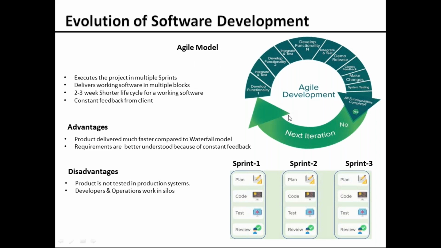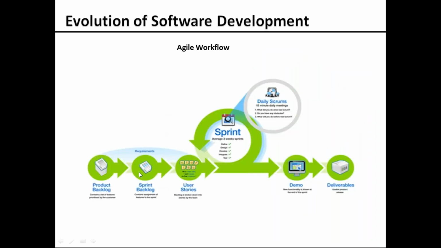So how is this being achieved? Let's see that first. This is the complete workflow of the agile model. What the client does is put all his requirements in a backlog called the product backlog. It is a list of requirements, and it's not mandatory that he puts the complete requirements of that particular software in all at a time. Whenever he gets time, whenever he has a clear requirement, he puts those requirements in a documented way in this product backlog.